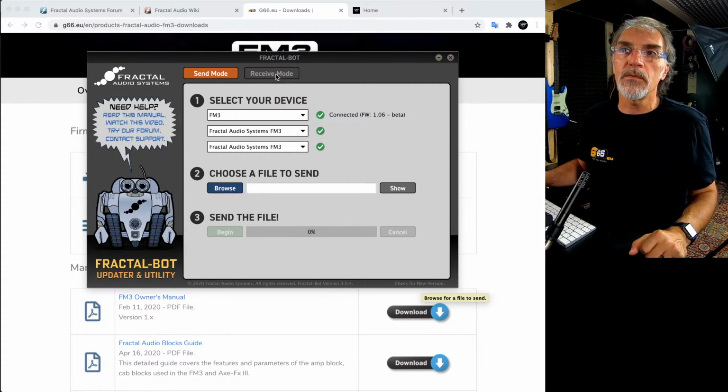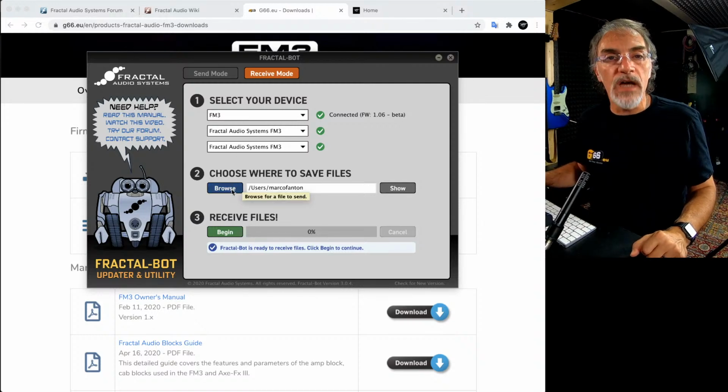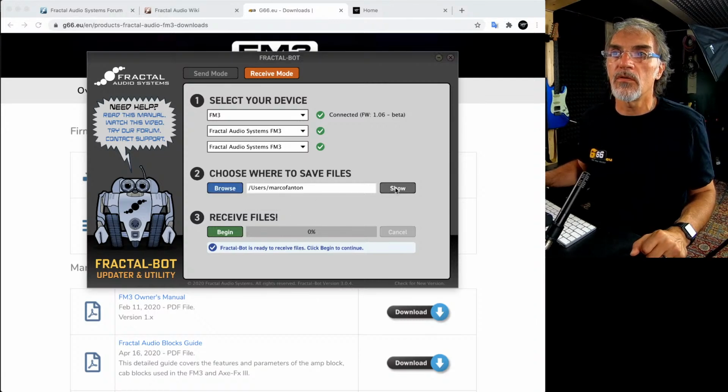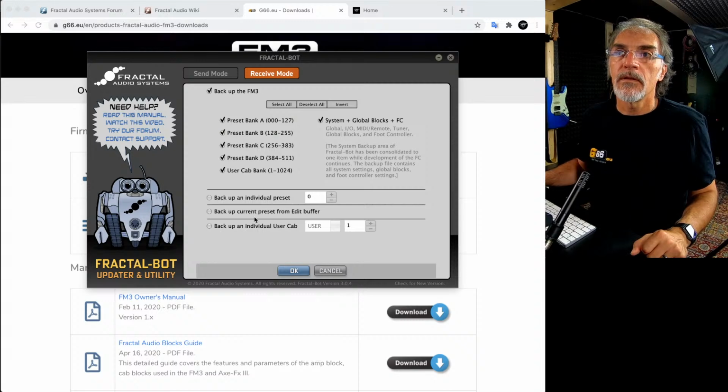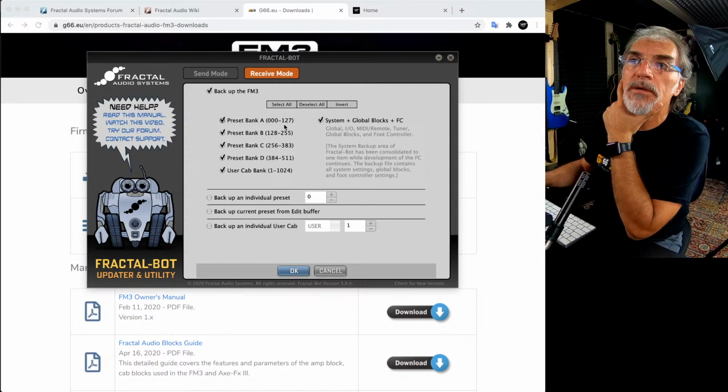To make the backup, you go to the receive mode. You have to select the unit, and you have to select where to download your backup. You can browse to show what is in the directory, and when you press begin, as you can see, Windows asks you what you want to back up. You can select all or deselect all as you want.